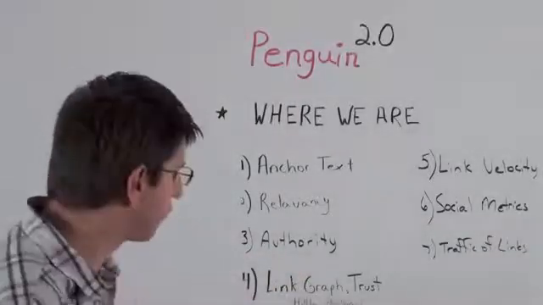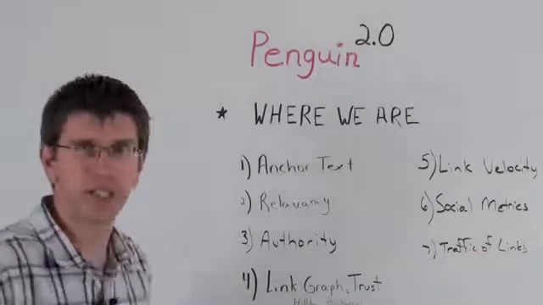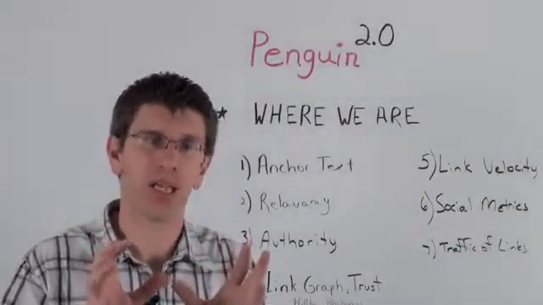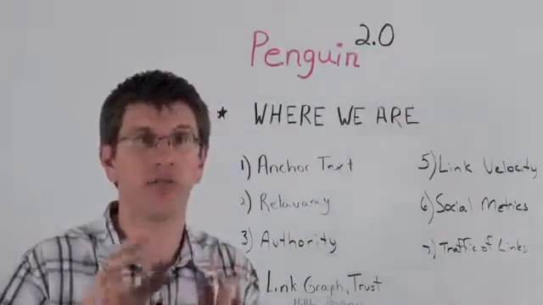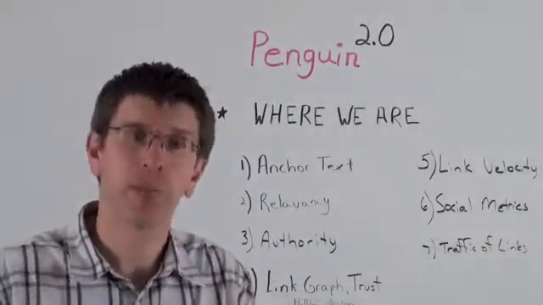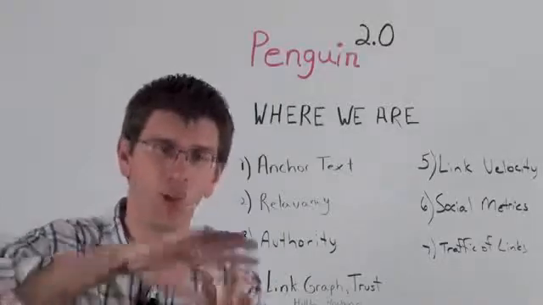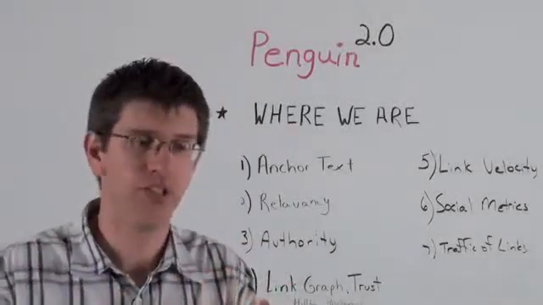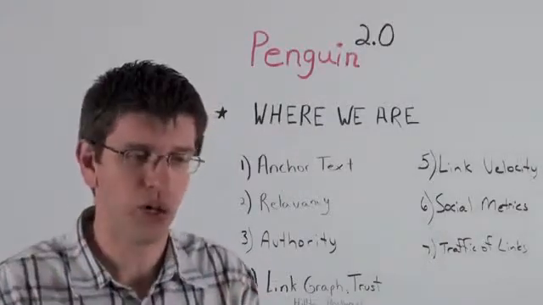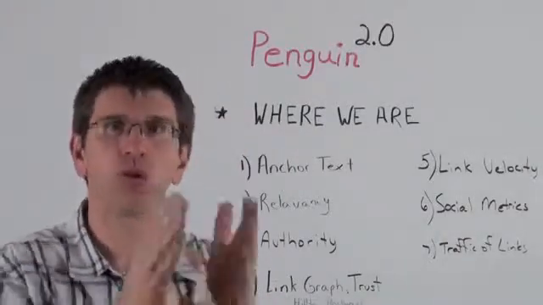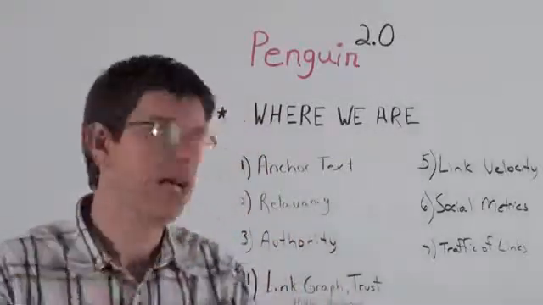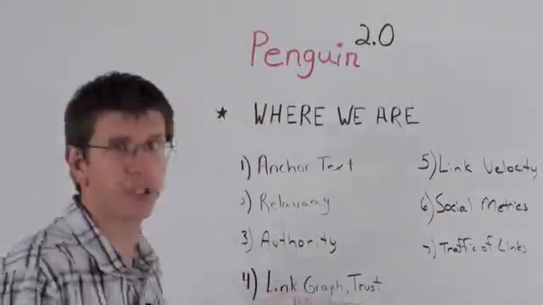Something else that just came out, number 4 here, is the concept of a link graph. A link graph takes the concept of a neighborhood, and Google understands, and they have a massive amount of processing power to do this, but they can look at a website and see where it's linking and what's linking to it and that whole concept. So if it's an odd link coming out, or if all the links are bunched towards one website, or all of the link juice is being pushed out, they can see this with the link graph.